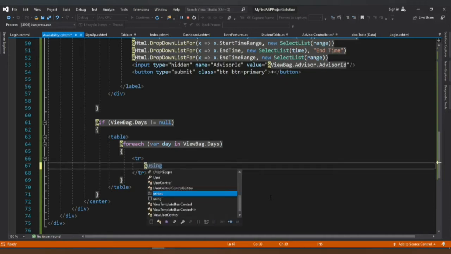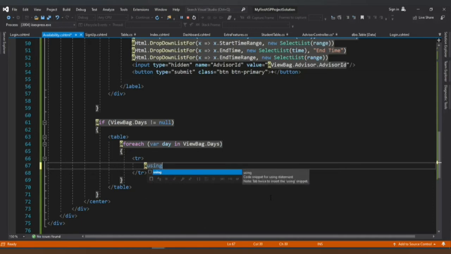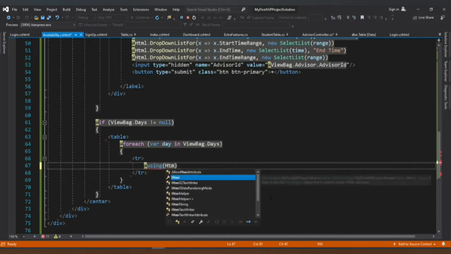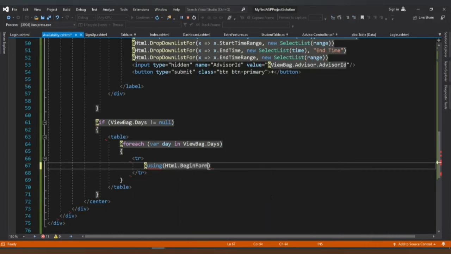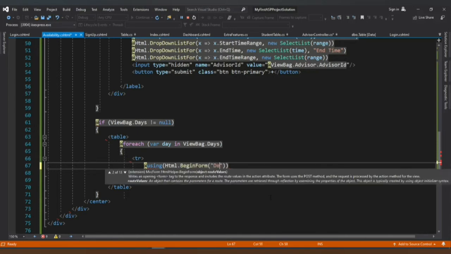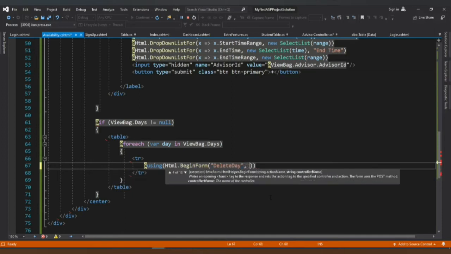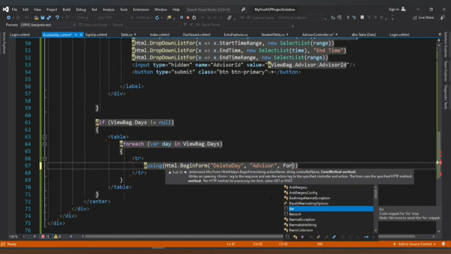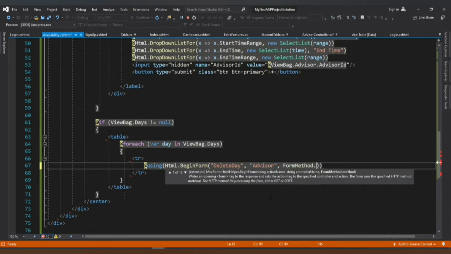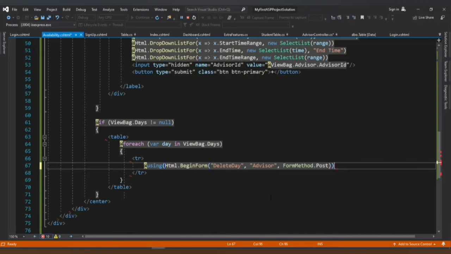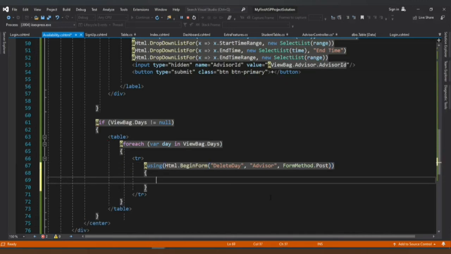That's using HTML.BeginForm. So this is going to be DeleteDay, Advisor, from method POST. Yes. So I'm going to have this, and I'm going to have an input button of type hidden,